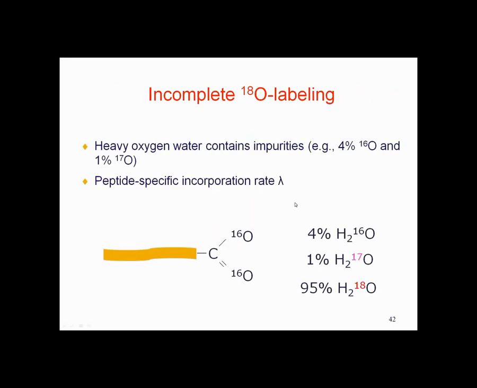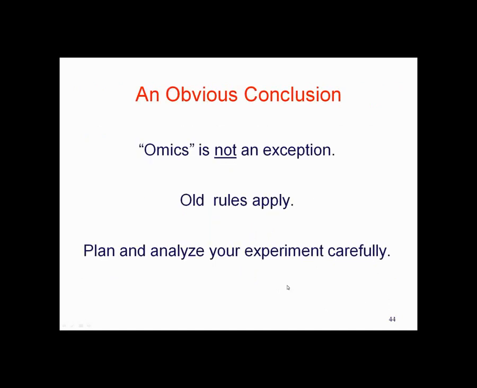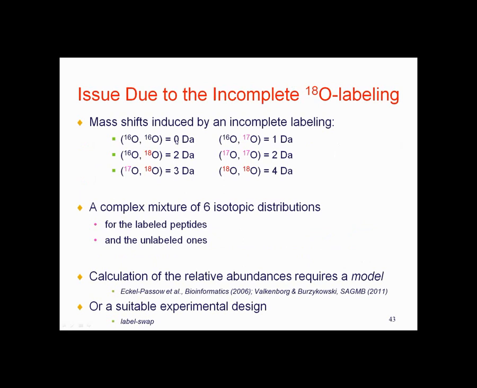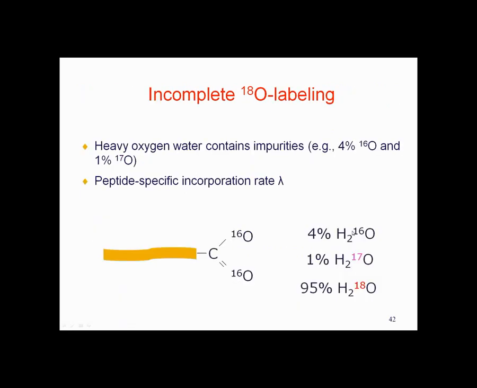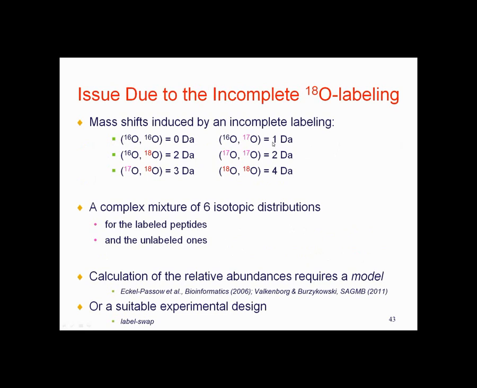There's another issue there: something called a heavy oxygen water impurity. You have O17 atoms in heavy water. So essentially, you can have like 95% of your heavy water O18, 1% O17, and even, for instance, 4% of O16. This means that you will not get all the labeled samples heavier by 4 Daltons, but they can actually be heavier by 0 Daltons if there's no exchange, because you have a couple of O16 Dalton atoms exchange with those which were in the molecule, or you can have a shift by only 1 Dalton